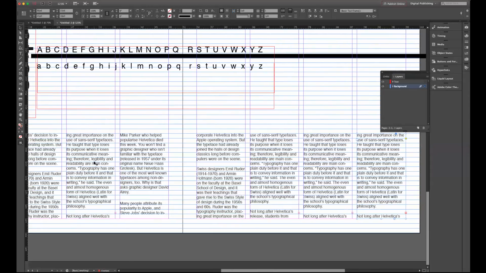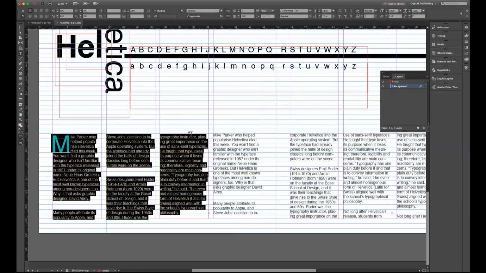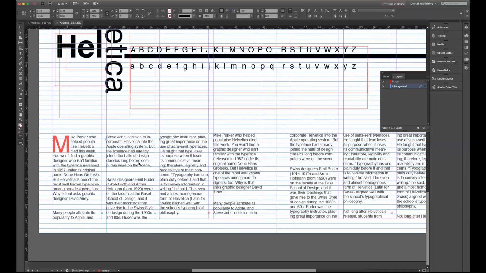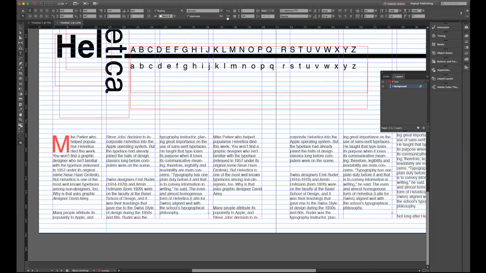So if you highlight your text, highlight it, and then click on your paragraph control settings here at the top, and then click on this icon here, this will automatically format your text. So no matter how you move it around, it'll always snap into position. Okay? So we always want to make sure we align to our baseline grid.